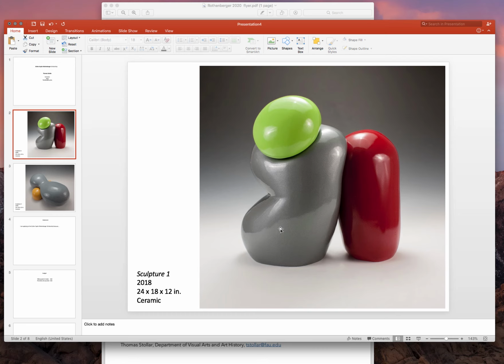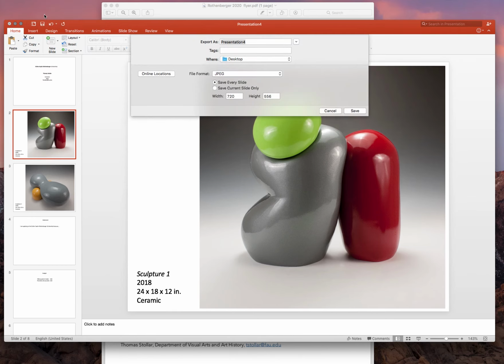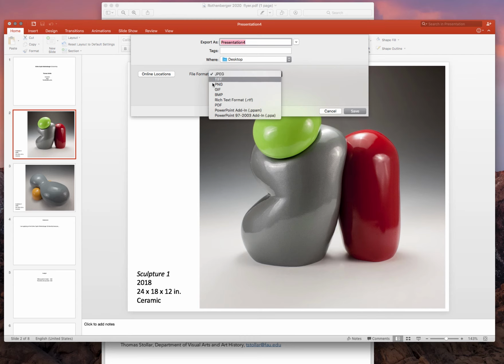So we still want them to look clear and look good. And by doing that, hopefully we can keep the clarity of our images and of our information without the file size being too large. So you might have to play with that a little bit to get your file size the size that you want. Okay, so we've compressed our pictures. And now the last reason I really love PowerPoint is if we go to File, we can go to Export. And here it gives us the option to export as a PDF. Okay, and then if we go ahead and export that,